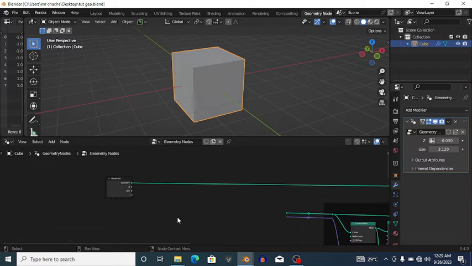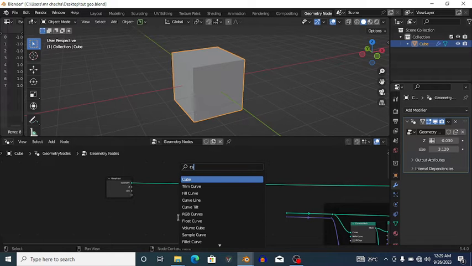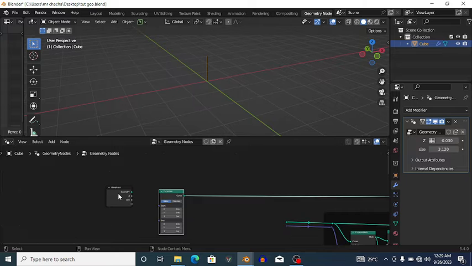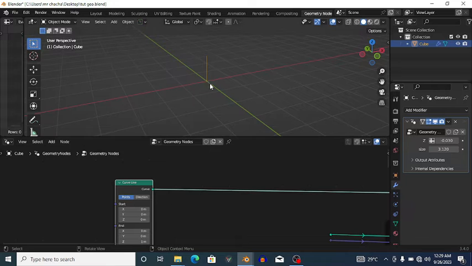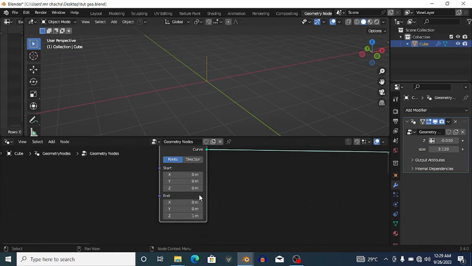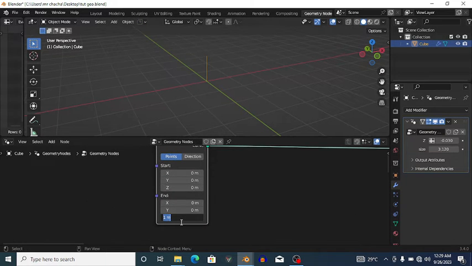So first thing, I'm just going to add in a curve line and set it here and delete the group input. And from this curve line, instead of going in the Z direction, I'm going to prefer to go in the X direction. So I'm just going to type in 0 in the Z, and in the X I'm just going to type in 2 meters specifically. Okay,